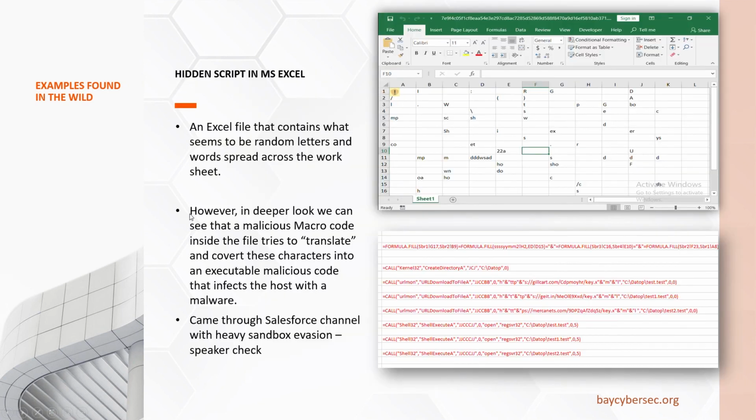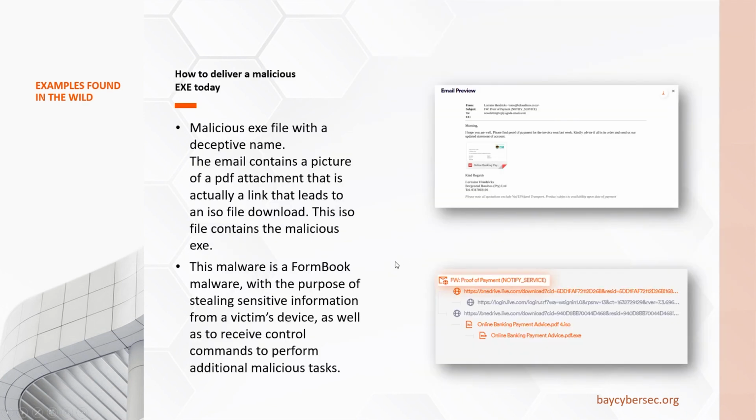This is the Excel macro v4. You can see code that's spread out all over the sheet, which evaluates into something very, very malicious, a download and execute. It's kind of like the Salesforce attack that we saw before. This is the kind of stuff we see: they deliver executables either through links, where a link downloads an ISO file, and then that ISO file opens up to a PDF, which is actually an exe file.